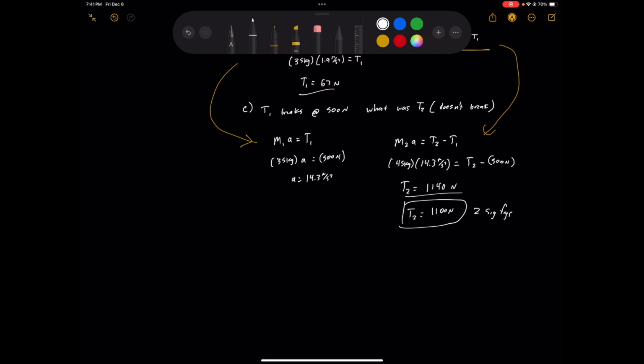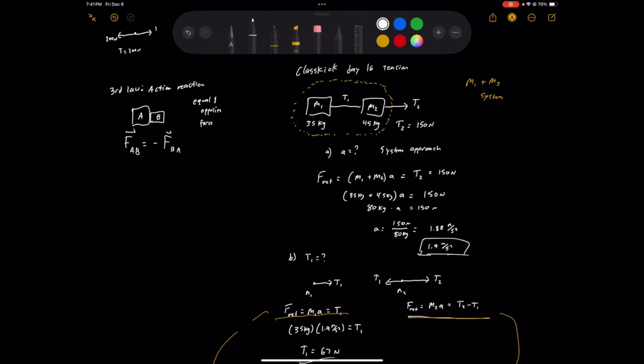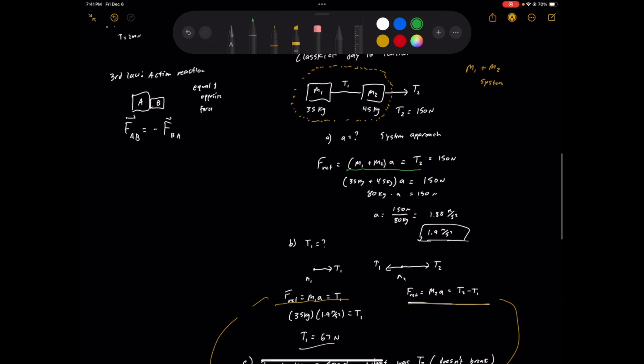And then the very last one is the acceleration of the system is 3 meters per second squared. What does T2 have to be? So if A is equal to 3 meters per second squared, what does T2 equal? And the easiest way to solve this is use the equation that we got from the systems approach. So from the systems approach, we have this in green. Oh, whoops, that is not in green. I gotta click green, there we go. So this equation here, M1 plus M2, that's the entire system, times A equals T2. So I'm gonna bring this down